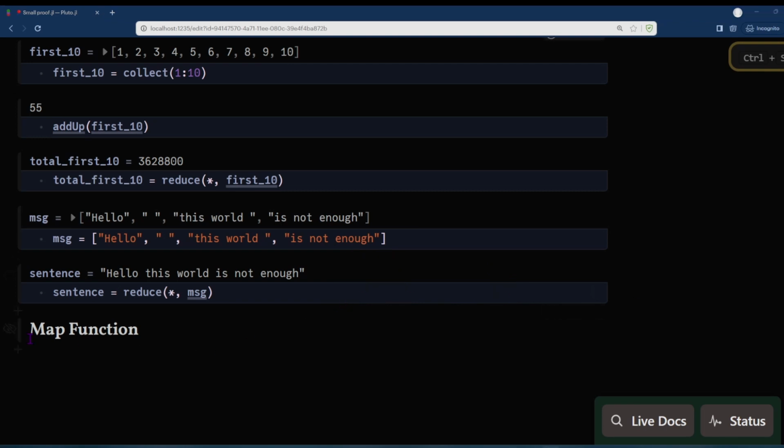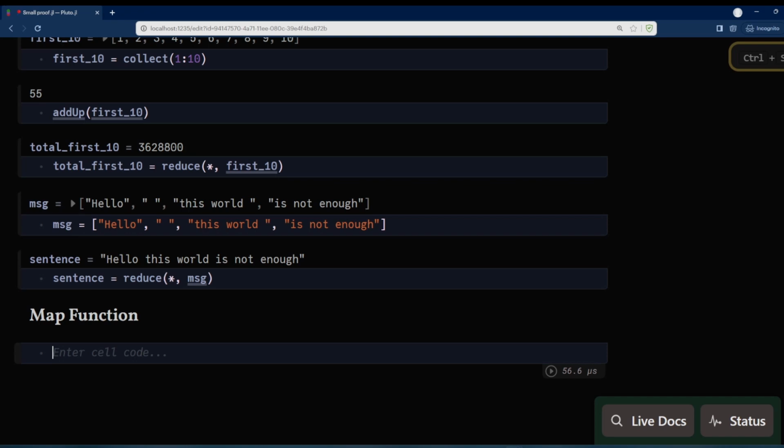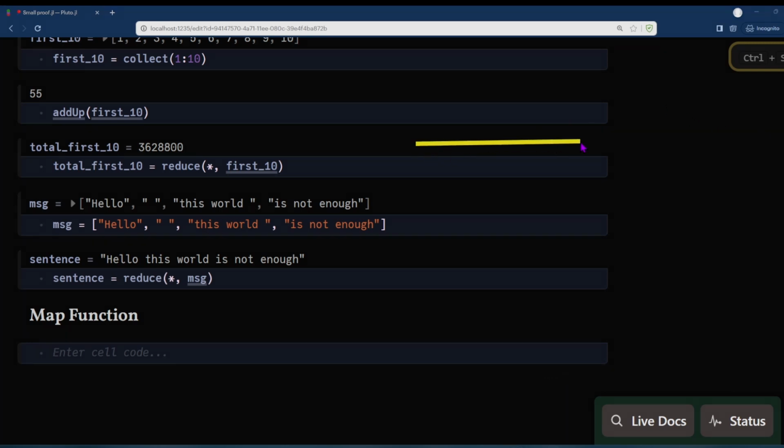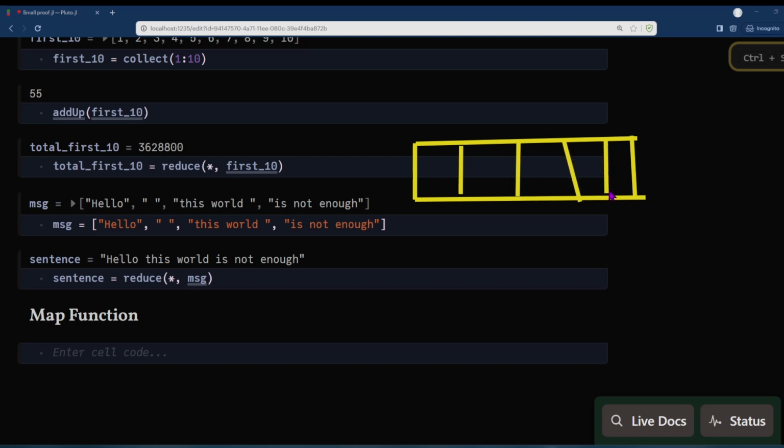So in the map function, what it does is that it performs an operation on each of the elements. Now, if you take an array and it does the conversion from there itself. So if we have this and if we apply the map method to this function,